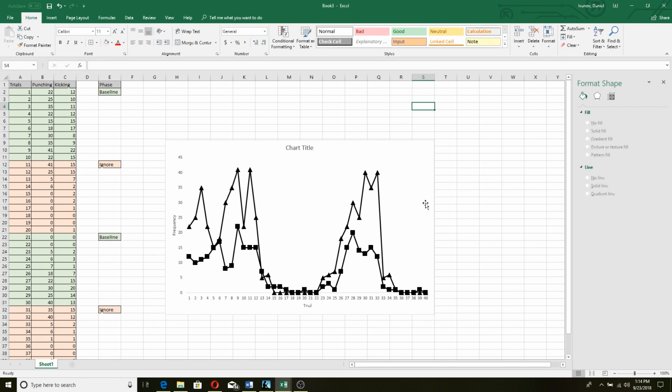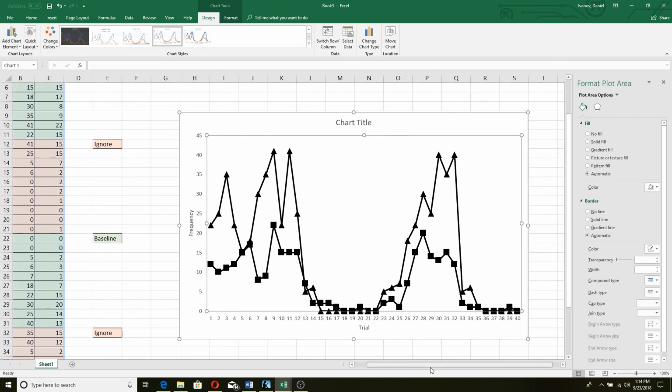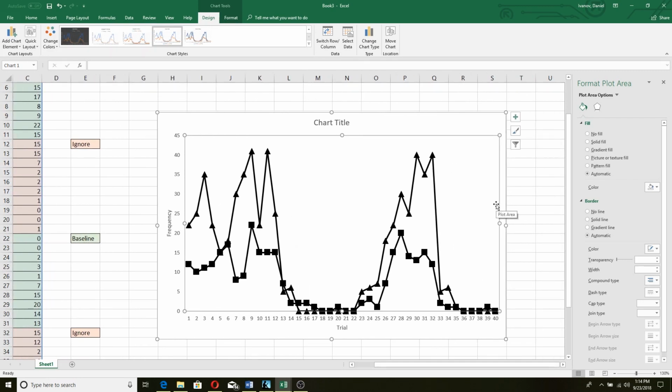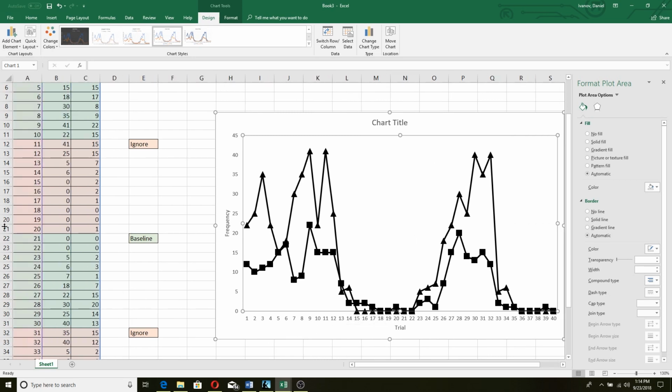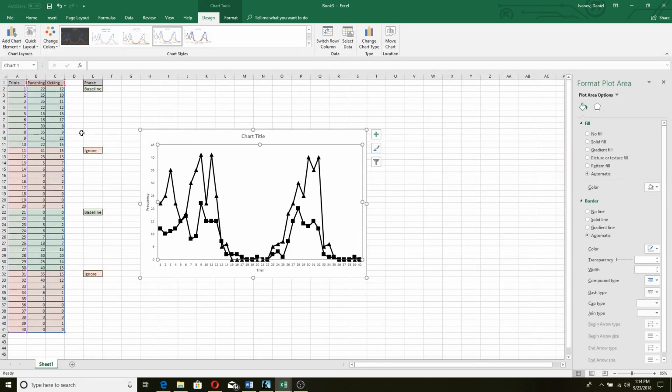Okay, now we can zoom in a little bit for the next step. The next step is going to involve separating the data paths during each phase, and this is why we use 10. So it's very easy for us to see where the change in the phase begins and ends. Let's just look at this. Every 10 it's going to be